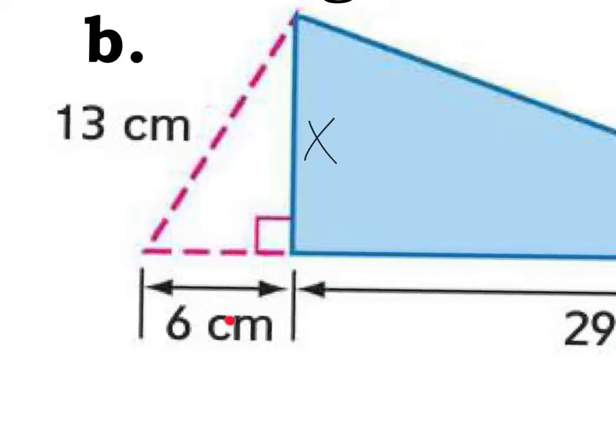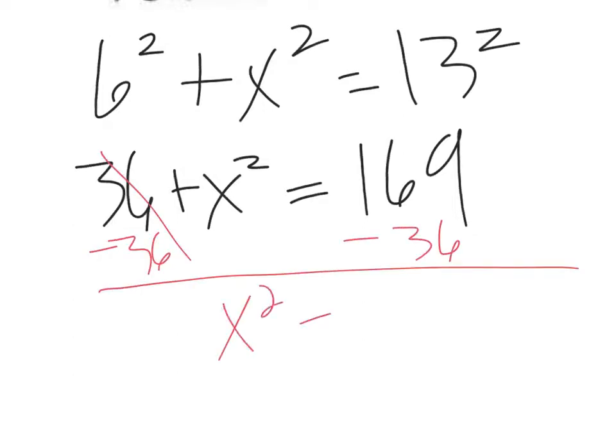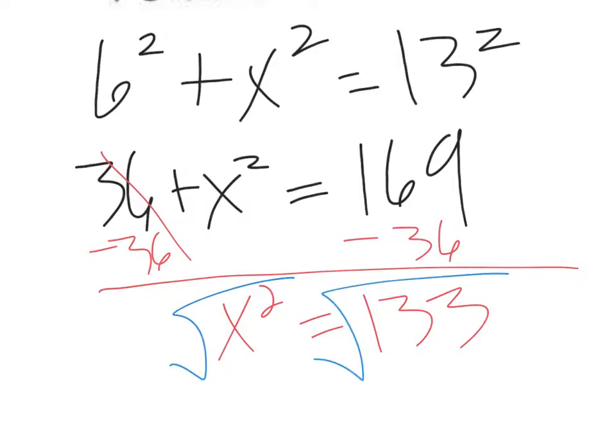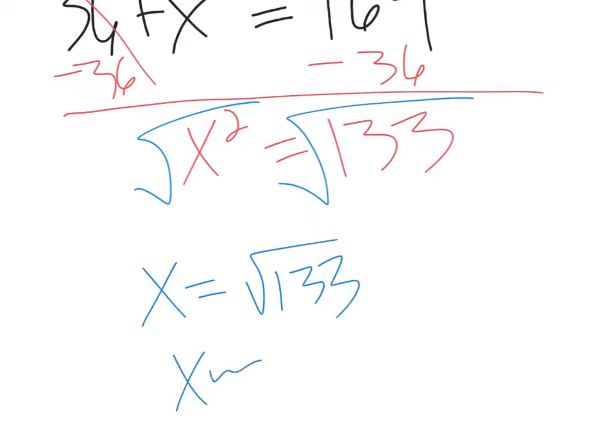So I'm going to do 6 squared plus x squared, or x squared plus 6 squared, doesn't really matter, equals 13 squared. So 6 squared is 36, 13 squared is 169, and so all you have to do now is minus the 36 to the other side, and then square root the difference. So 169 minus 36 is 133, and so we're going to square root both sides. And the square root of 133 is not a perfect number, so you have two options. You can say x equals the square root of 133, which is what I prefer, frankly, or you could round it and say that x is about